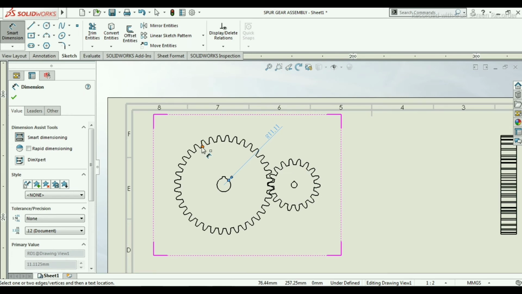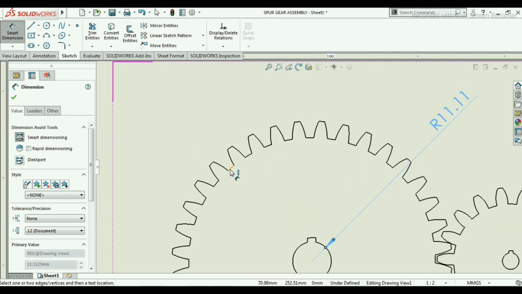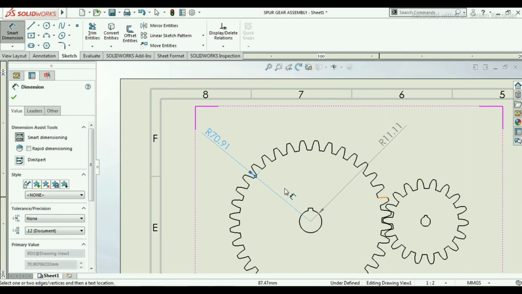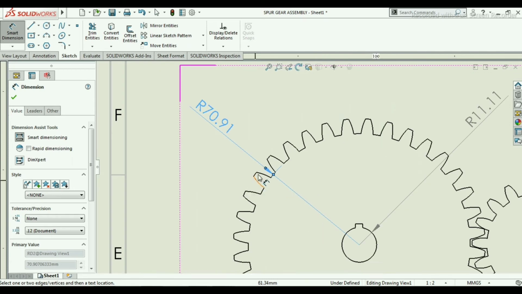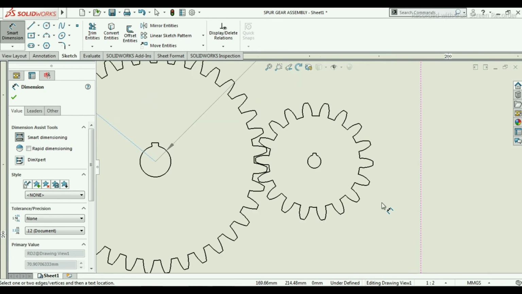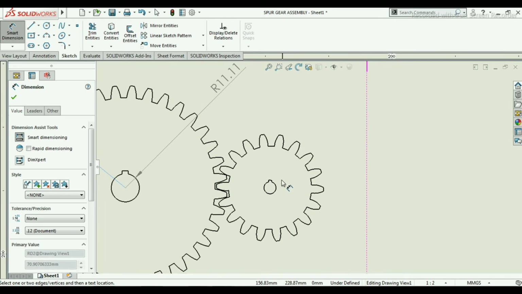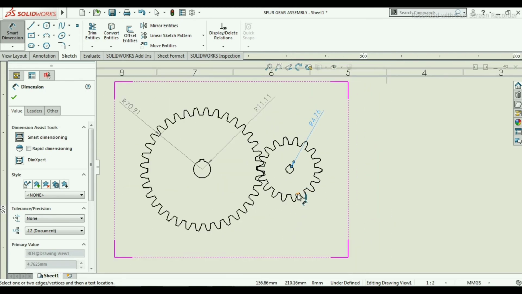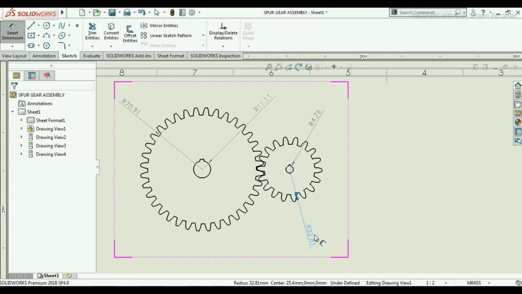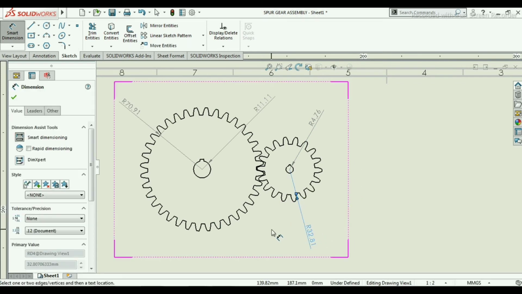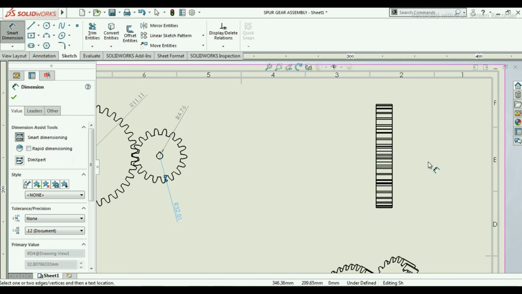So first we will give the random dimensions. So this outer circle is given, that is radius 70.91 mm. All these dimensions we are giving are in mm. So height we will also give.